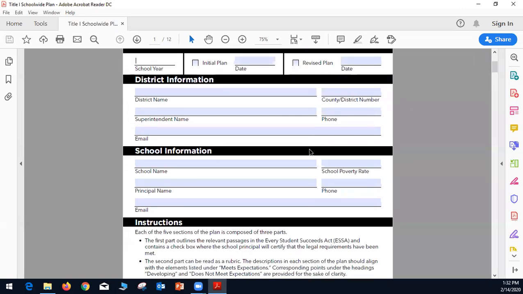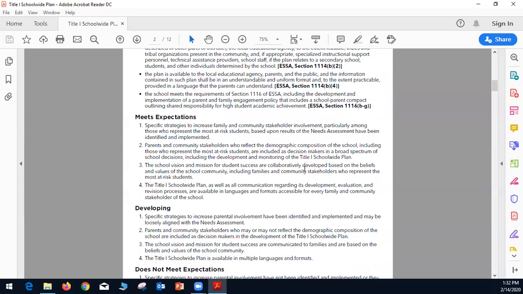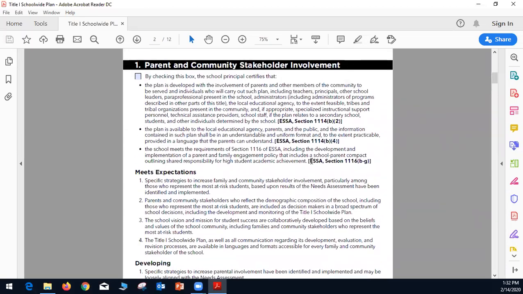The way this template is formatted is comprised of 5 sections, each of them having 3 parts. The first part, and I think I'm gonna just scroll down. So the first part is sections of the ESSA law, where the school principal pretty much certifies that all these sections are met and the requirements are